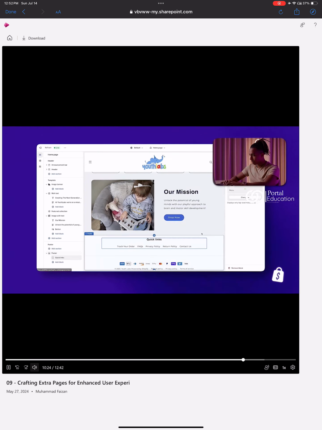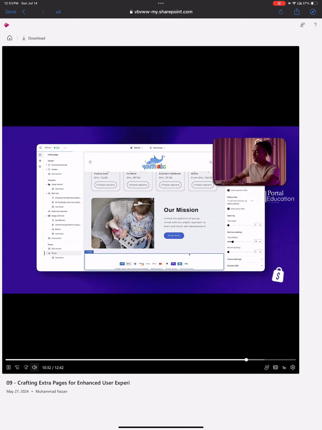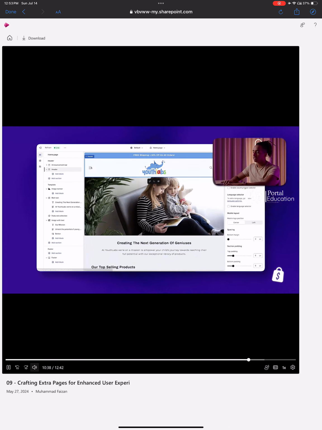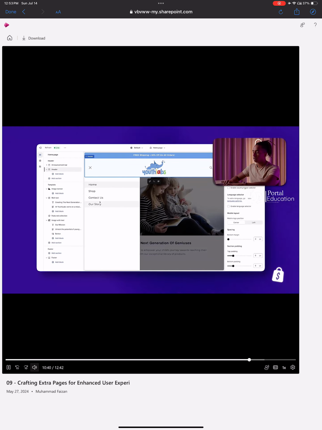Give it a little bit more padding to clean it up. Get rid of this bottom padding. Mess with this guy a little bit just to make sure everything's clean. In fact, what I'm gonna do is get rid of this quick link just so we can have this as clean as possible. I'm gonna get rid of the quick link. I'm gonna leave the policy ones right here. And then we're gonna go back and we're gonna add those main items that we just created, like the order